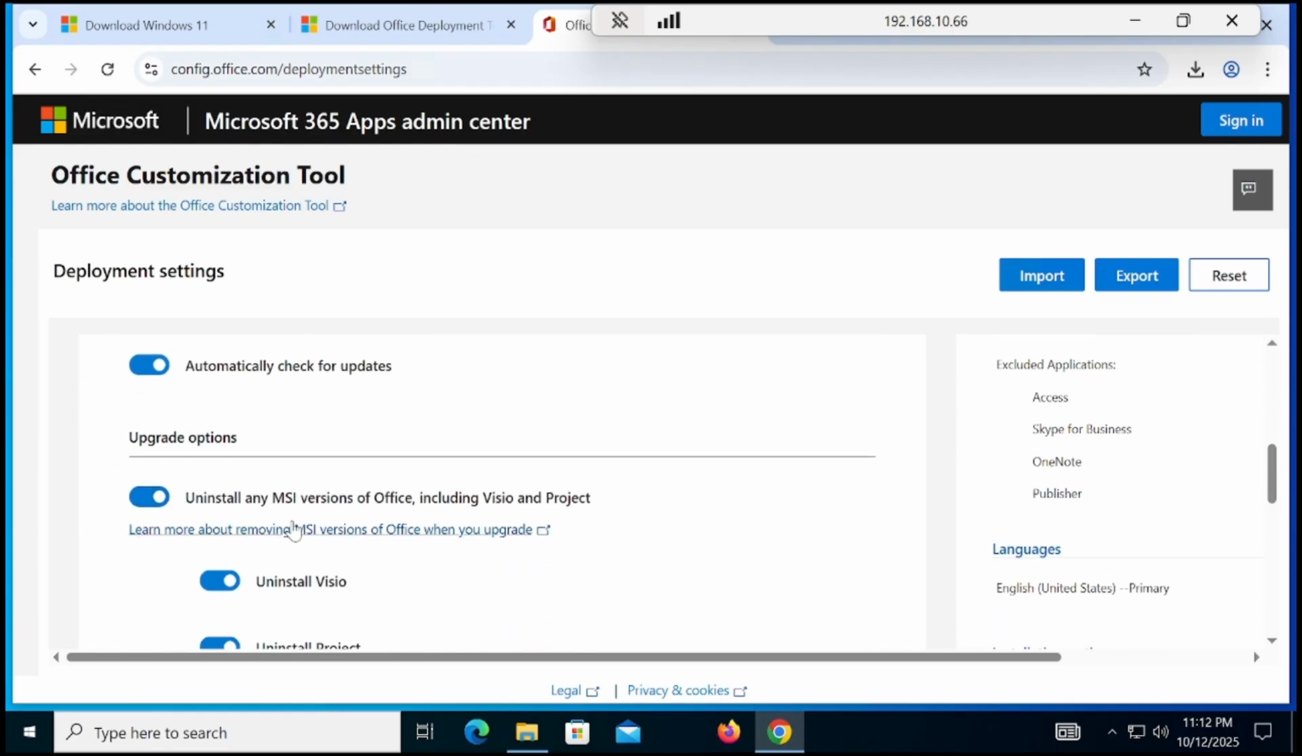then uninstall any MSI version. So if you already have Office, you have to keep this option on, but I am performing the installation onto a fresh system. If you already have Office, you can uninstall that Office first from the control panel. Simply uninstall it, then follow these steps. Since my system is fresh Windows, I'm not going to uninstall anything from the control panel because I don't have Office right now. So just keep this option off,